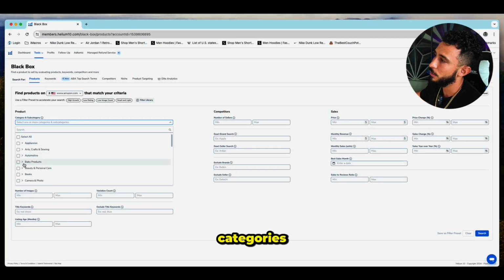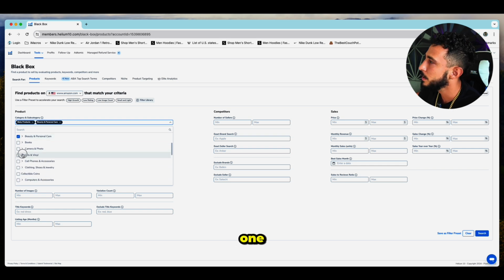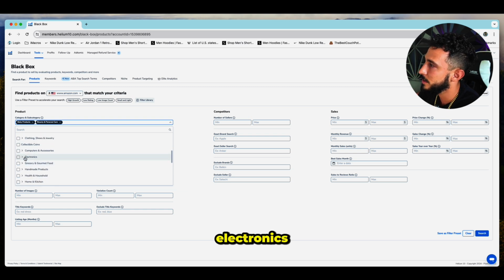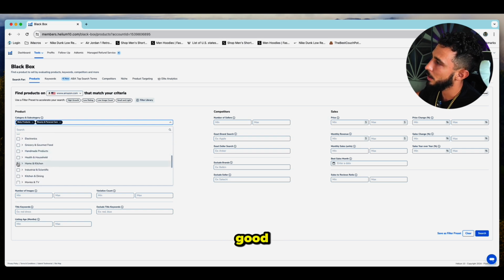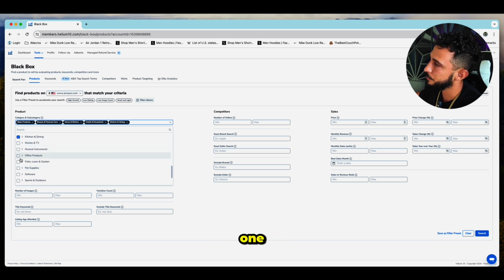So these are the categories that I personally like when it comes to Amazon. Baby products is a great one. Beauty, personal care is a good one. Let's see. Electronics, stay away from electronics and clothing, especially if you're new. It's really not good. Home and kitchen is a great one. Health and household's a good one. Kitchen and dining is a good one. Patio, pet supplies, tools and home improvement, and